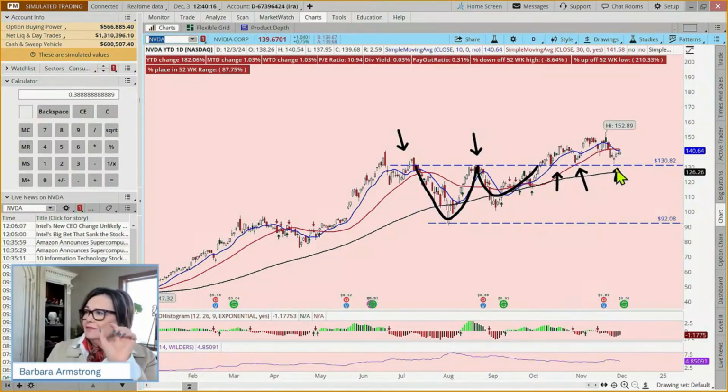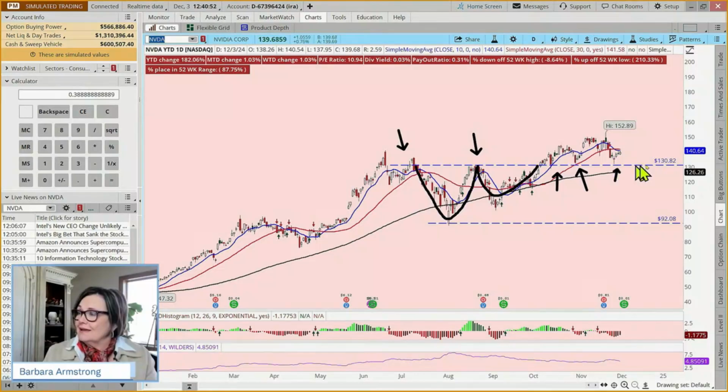And the way I kind of look at this is, my father-in-law was really big on medieval history, and so visions of knights in full armor come to mind. And every time it comes and bounces, I see another knight coming in to guard this line. I think the more often it comes and touches, the stronger this support level is. That doesn't mean that someone can't break through. If you have a lance or a battering ram or something, it could come back through here.